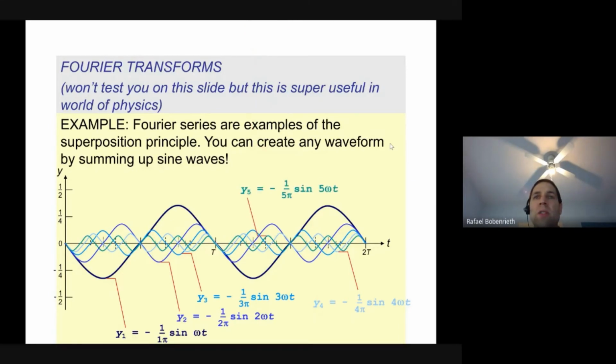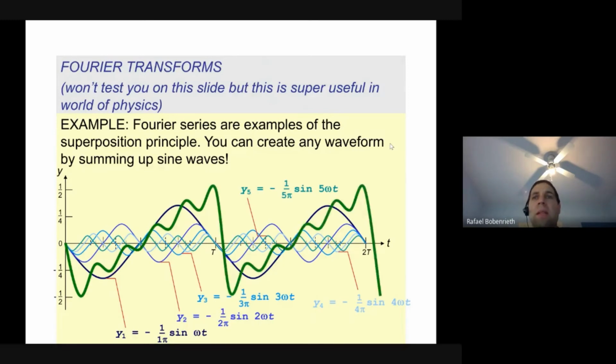Now, the principle of superposition still works. If all these waves come together in the same medium, then to figure out the resulting wave I just need to add the amplitudes, the crests and troughs, of all these waves. In this case, it would look something like this big fat green line. This is what we call a Fourier transform, and it works both ways. I can take individual sinusoidal waves or cosine waves, add them together in different amounts to create a more complex wave, the one you see in green here.